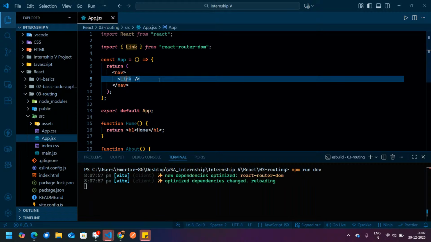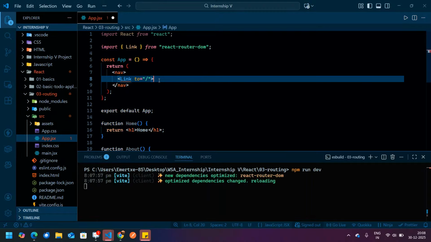Now in this link, it is just like an anchor tag. We have to write "to" where, to our forward slash, which means to our default page. So the default page we will write as home.